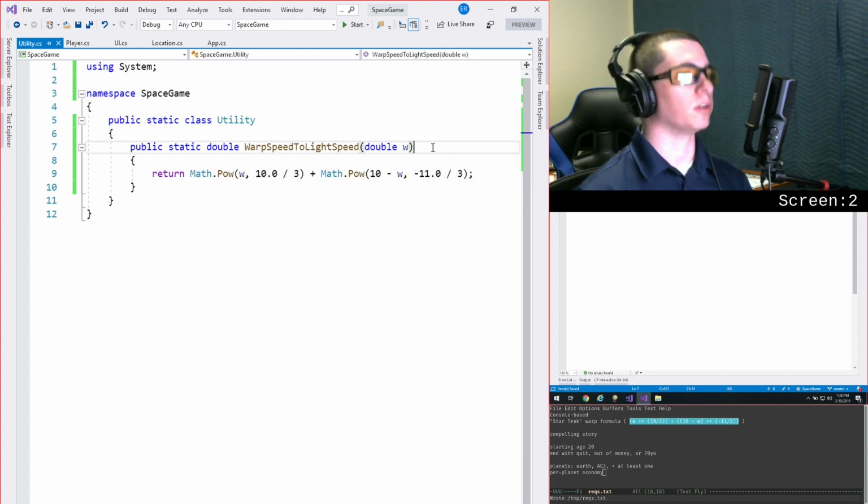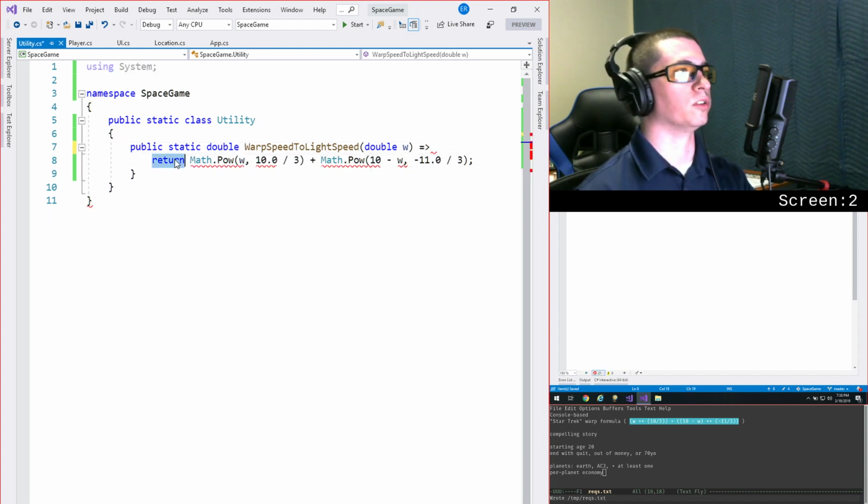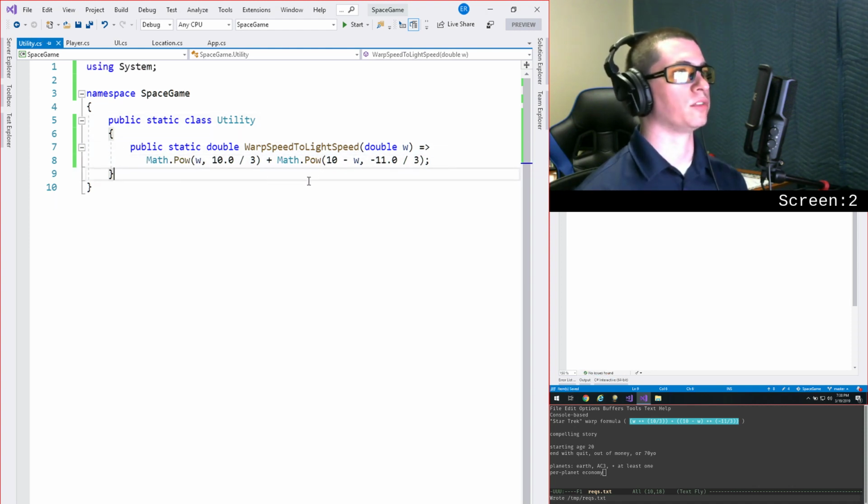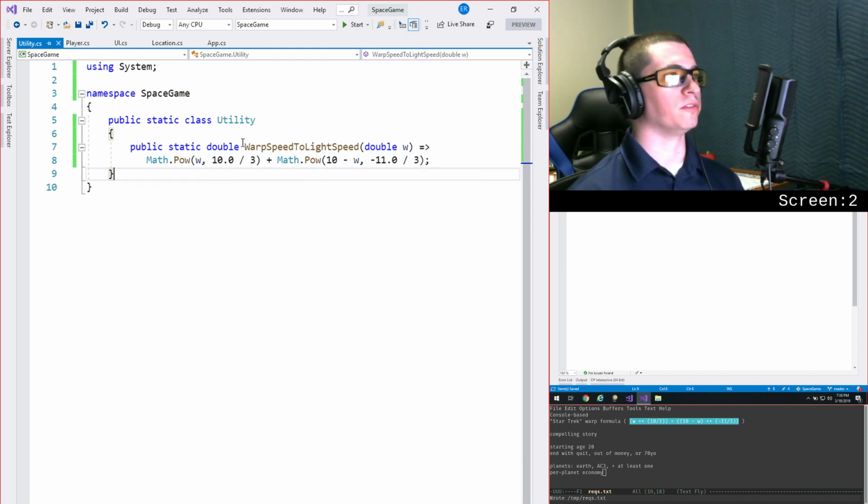And well, first off, we could do this using the expression-bodied method syntax, which I do prefer when possible. So let's do that. Control K, Control D makes everything look better. And now we should be able to test this against a couple of different warp